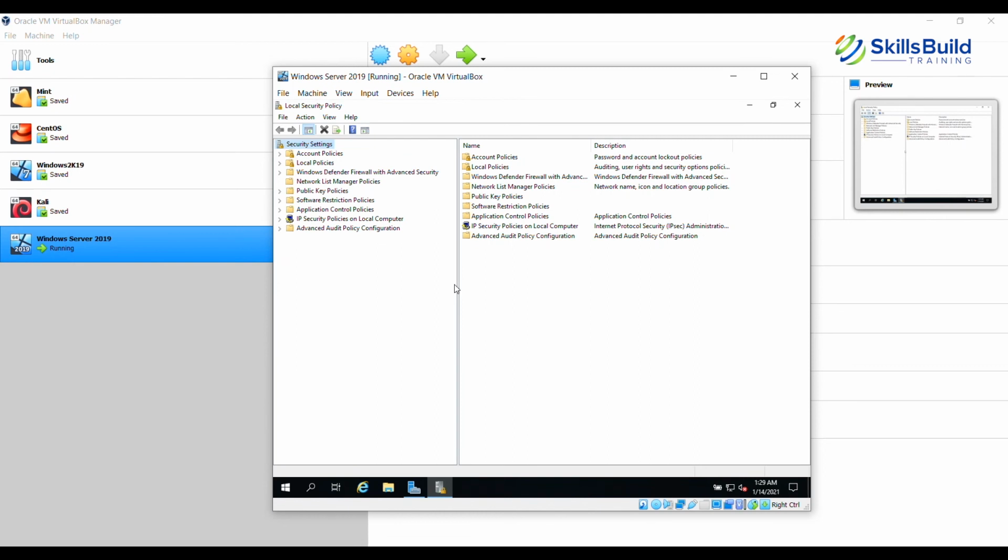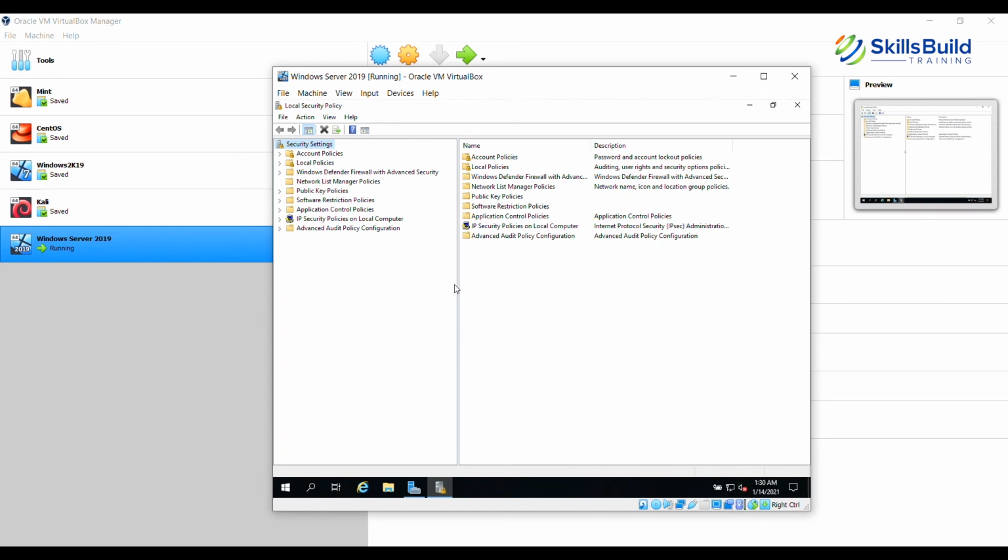Within one OU, you can have users, you can have groups. And there are different policies you can apply at different levels. So for instance, when you apply a password policy in the local environment of a system like this one, it is applicable only to this particular system. But when you talk about the password policy in the domain environment, it is always applied at the domain level. So there is only one password policy that you can add at the domain level. Password policy cannot be applied at the forest level or site level or the OU level. It is always at the domain level.